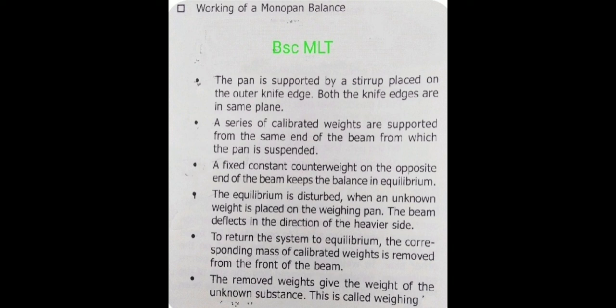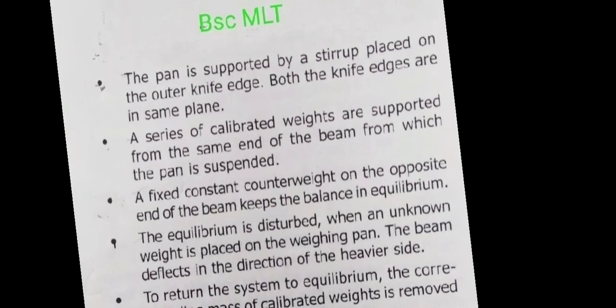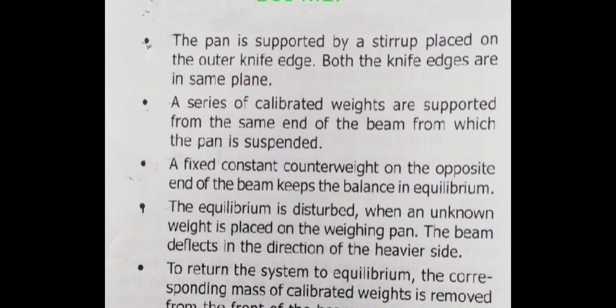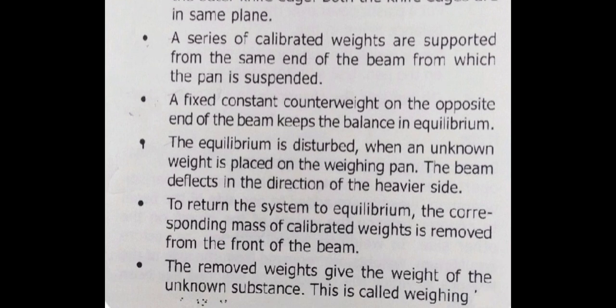A series of calibrated weights are supported from the same end of the beam from which the pan is suspended. A fixed constant counterweight on the opposite end of the beam keeps the balance in equilibrium. The equilibrium is disturbed when an unknown weight is placed on the weighing pan. The beam deflects in the direction of the heavier side. To return the system to equilibrium, the corresponding mass of the calibrated weights is removed from the front of the beam. The removed weights give the weight of the unknown substance. This is called the weighing of the